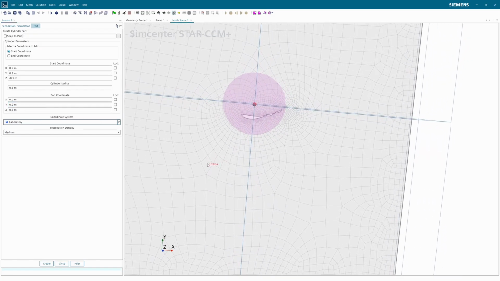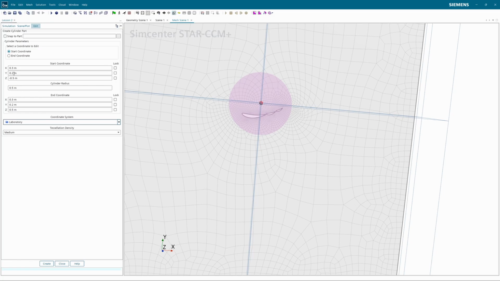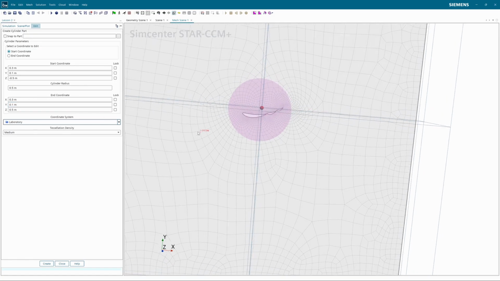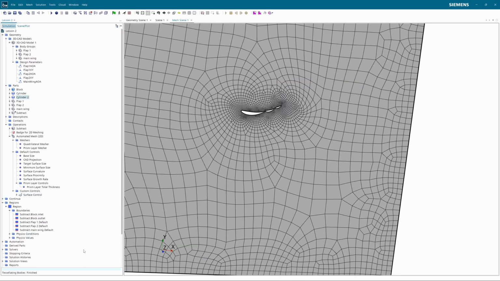This is still not ideal. I'll move it a bit more. 0.3, and now a bit lower still. 0.1. All right, so this is quite okay. I'm going to increase the radius just a tad. Voila. That way we can create this, and then in the automated 2D mesh controls, we can add a new